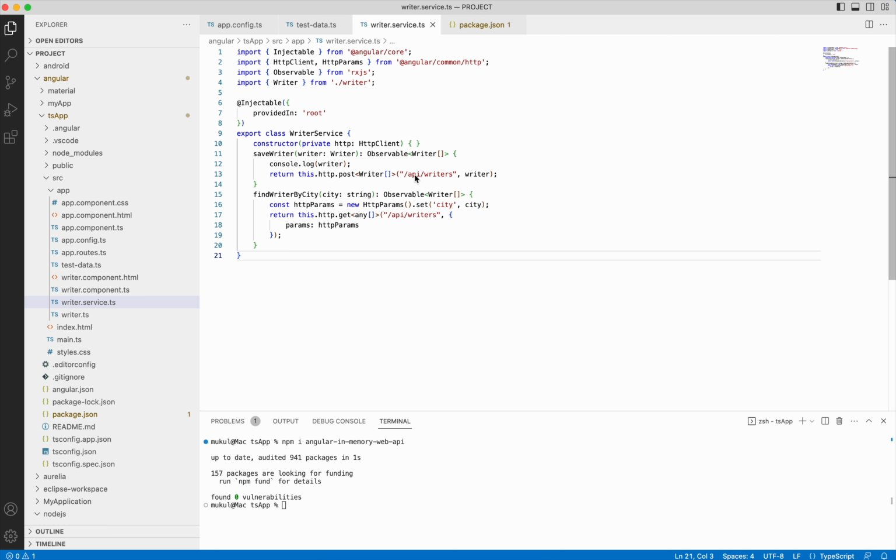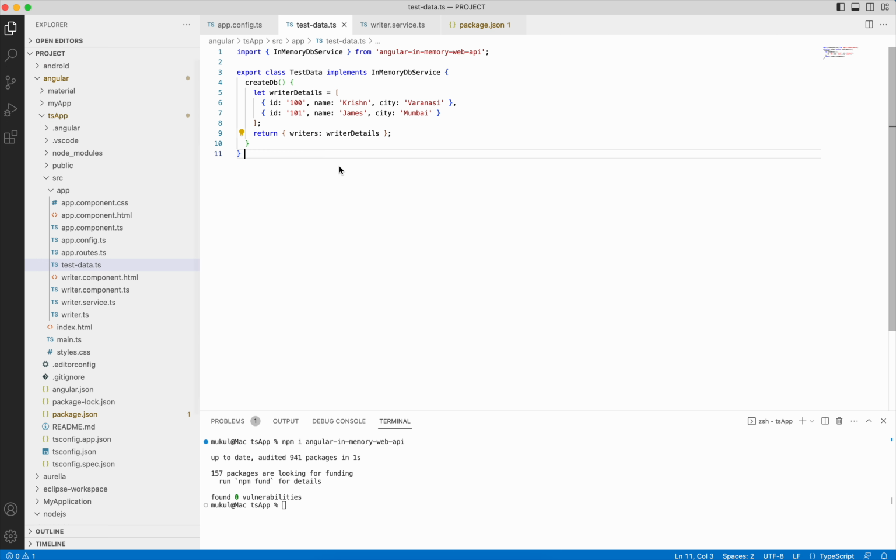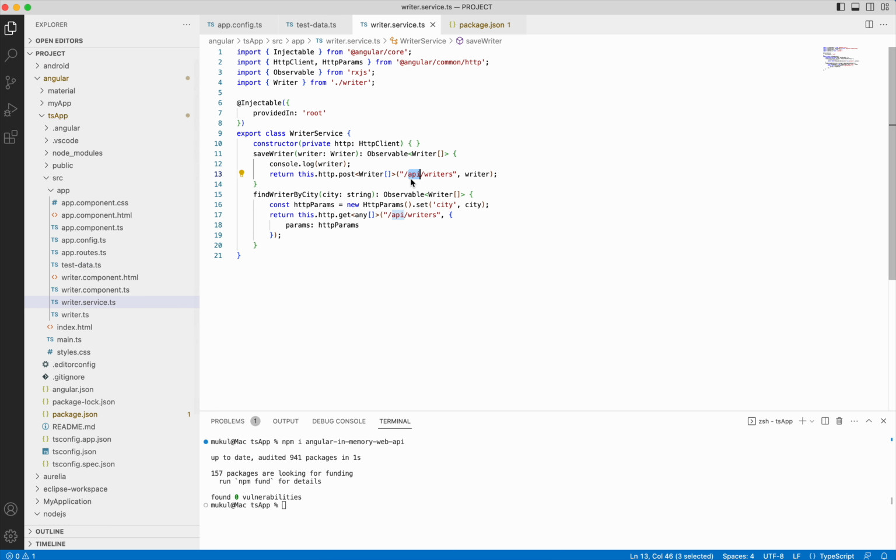The URL will be like this: /api/ and then the word we have used in the test data. Here we have used writers, so our URL will be /api/writers. So you have to add the api prefix and then the word you have used in the